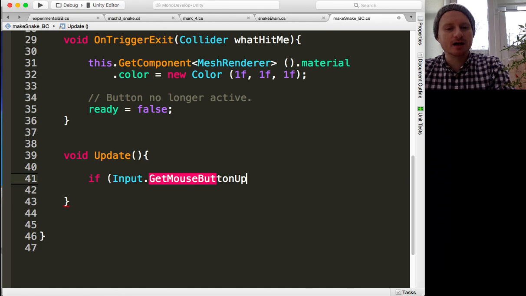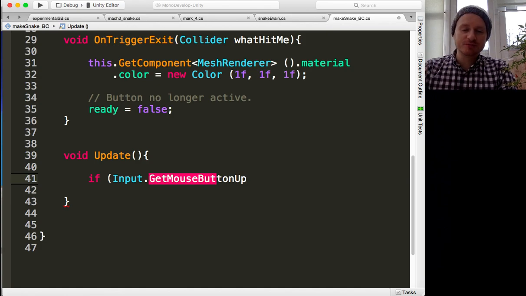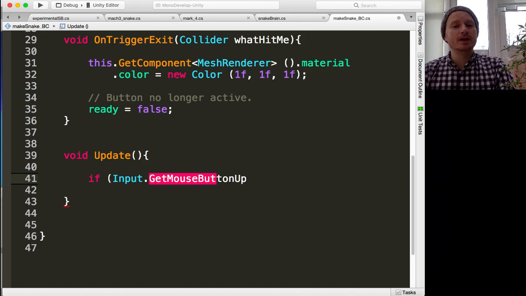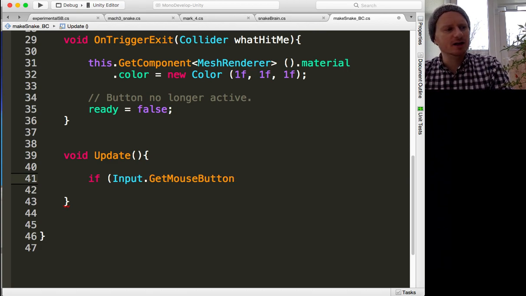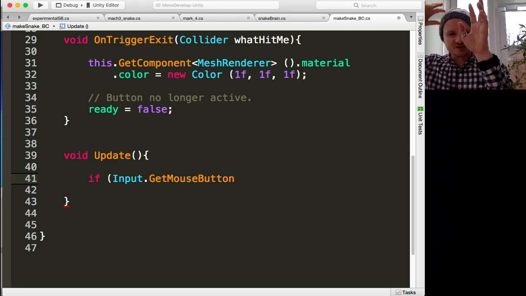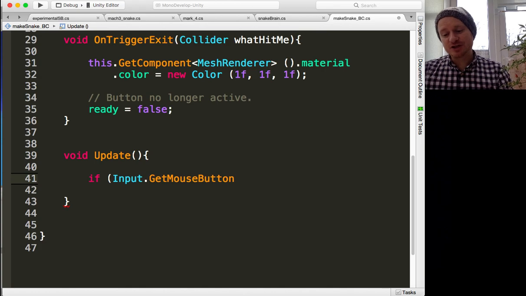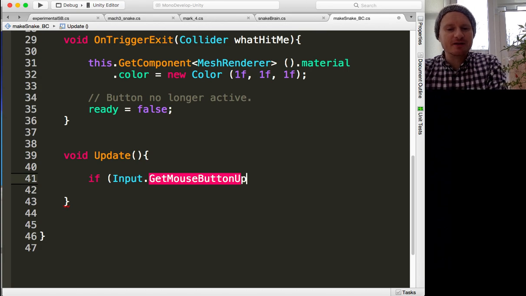get mouse button up, because that means the user has pressed the mouse button and released. If we went for the other option, maybe get mouse button, that means if that mouse button is down, then do the action. It depends on what you're doing with your button. Maybe you wanted to drop loads of balls or something like this, and maybe just holding onto the button would be convenient. We'll go for get button up, and then